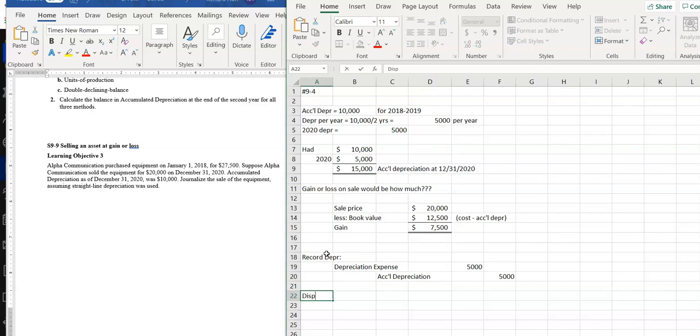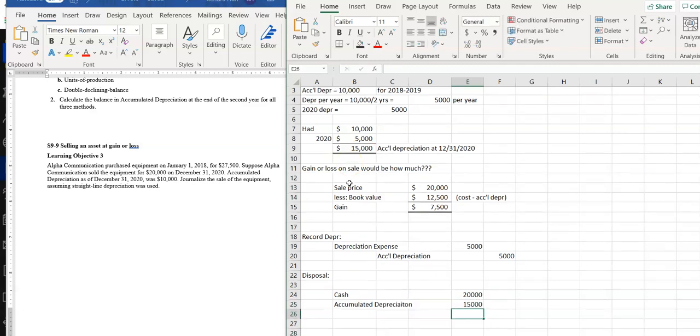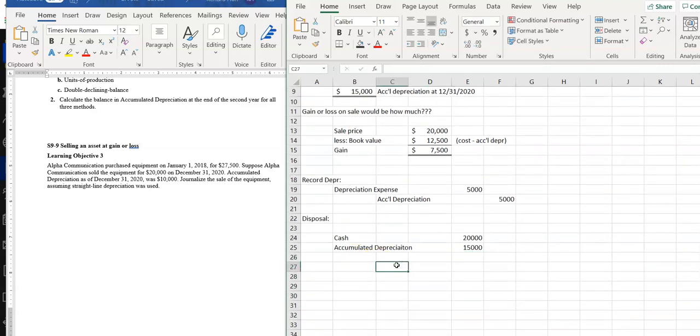And then disposal, we got cash of 20,000. Accumulated depreciation has to come off. I calculated right here, that was 15,000. I'm going to skip a line. I have to take off the equipment. That comes off at the 27,500, right? And what I pay for it. And then if we sum it up at this point, if we check it, I've got 35 on that side, and I only have